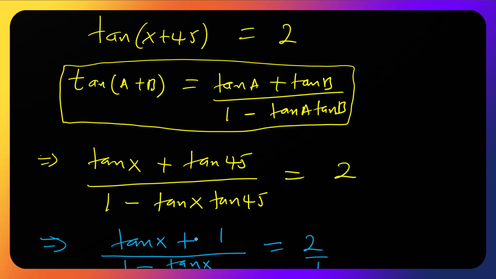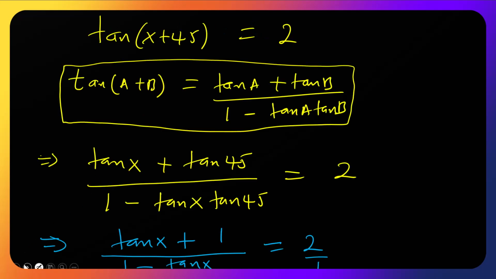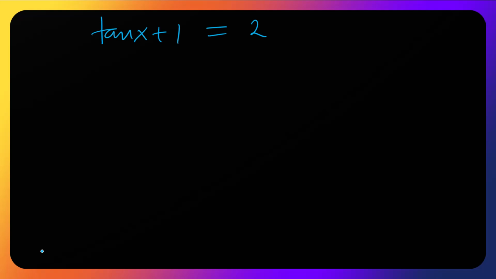So 1 times the numerator will be tan x plus 1 equals 2 times 1 minus tan x. So we have tan x plus 1 equals 2 minus 2